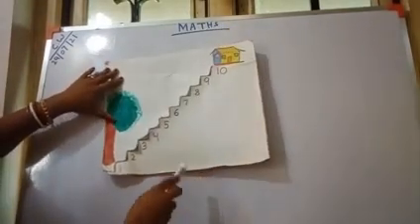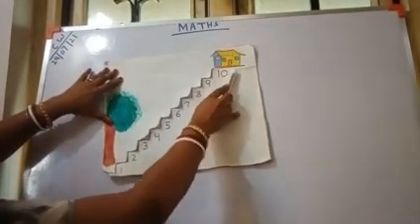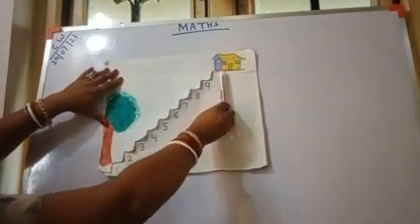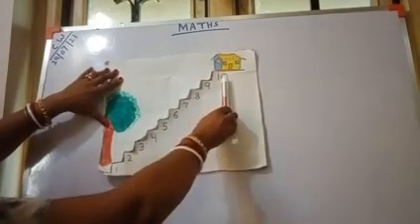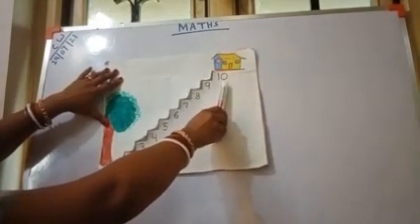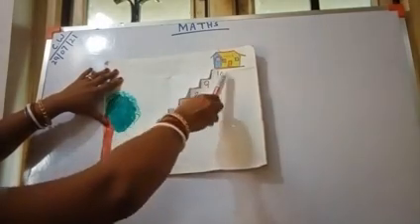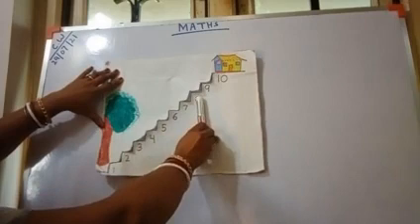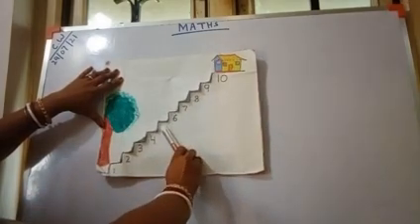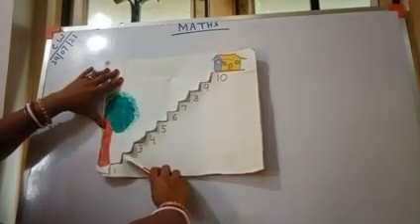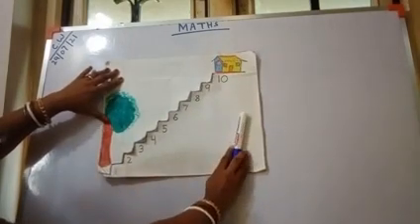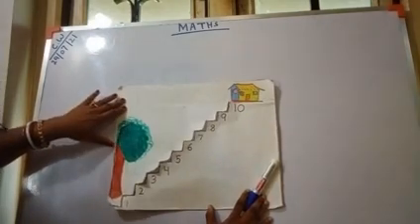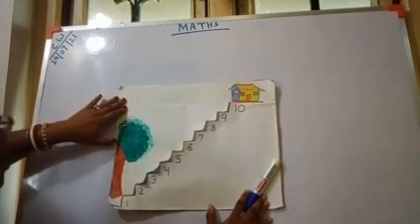Again see, when we are going from this side to this side, it is forward. Coming down, it's called backward counting. Suppose I am here and I want to come down. I have given one number to each stair, and you will count like this: 10, 9, 8, 7, 6, 5, 4, 3, 2, 1. This is backwardly we are counting. We are counting the numbers backwardly, and this is backward counting.